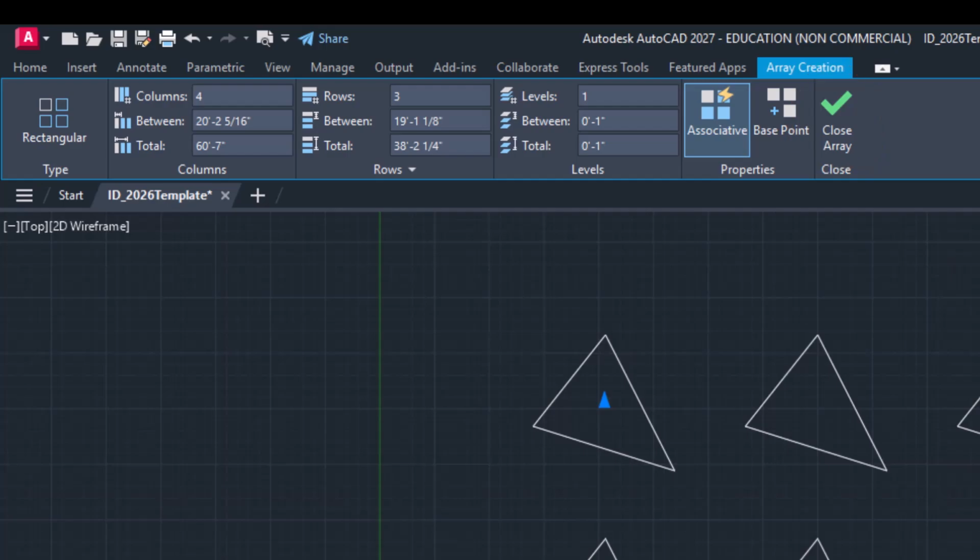All right, so in this ribbon you can see that there are a couple different panels. There's a columns panel, there's a rows panel, there's even a levels panel. So levels actually has to do with 3D. And I'm not really going over the 3D capabilities of AutoCAD in this series, so we're just going to kind of ignore that. But in the columns and in the rows panel, you'll see that they have pretty similar fields